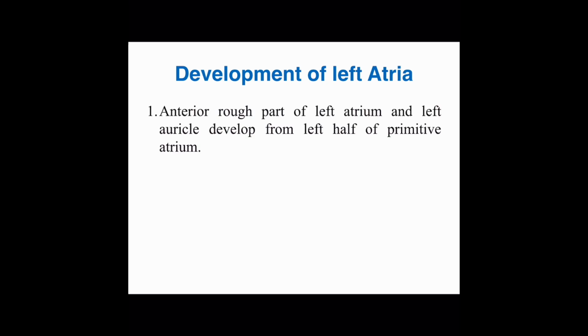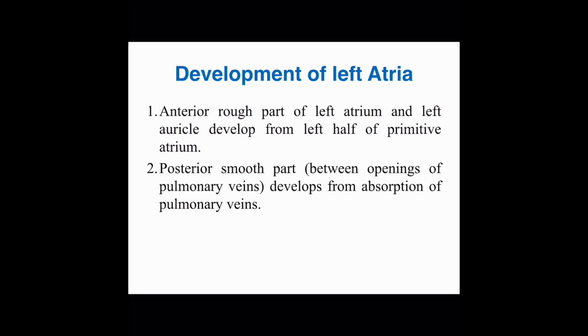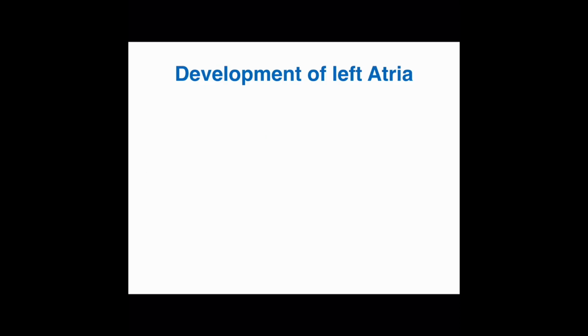Next about left atrium. The left atrium is also having rough part and the smooth part. So the smooth part is the absorbed part. To start with, there is primitive atrium, that is primitive left half of the atrium, and these are pulmonary veins. These pulmonary veins will divide and redivide. Okay. Now as development proceeds, part of these pulmonary veins is absorbed within the wall of left atrium, and four pulmonary veins will open inside the left atrium.